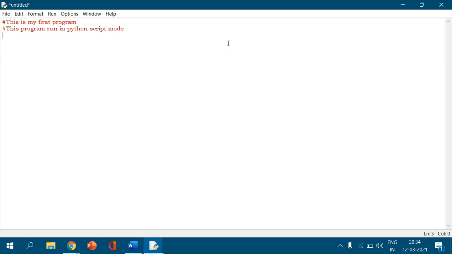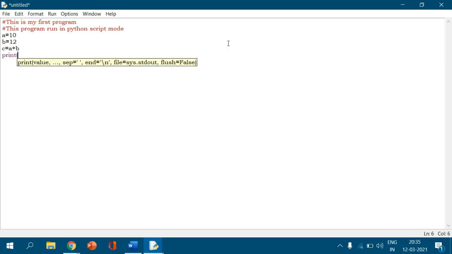Okay, here I take a value equal to 10 and b value equal to 12, and I write c equal to a plus b. Now I print the result.